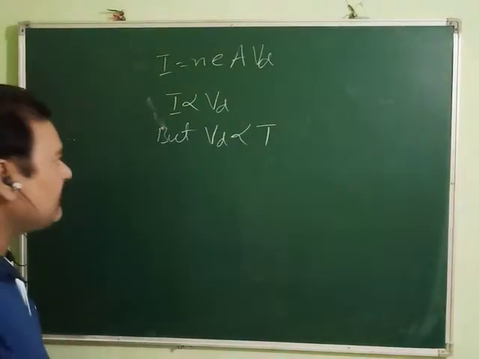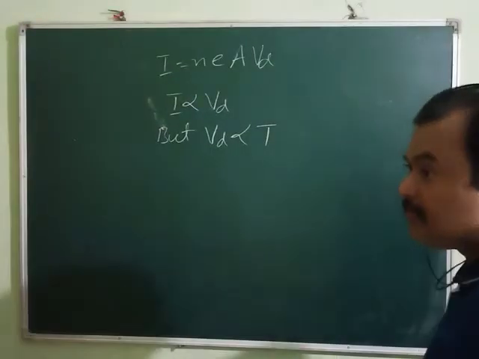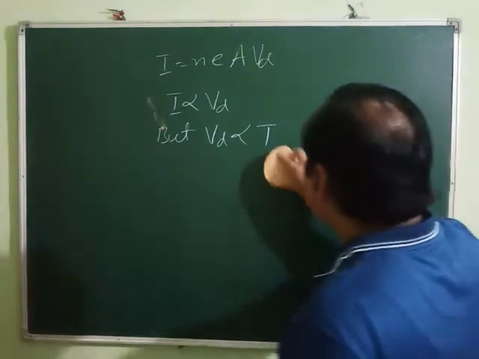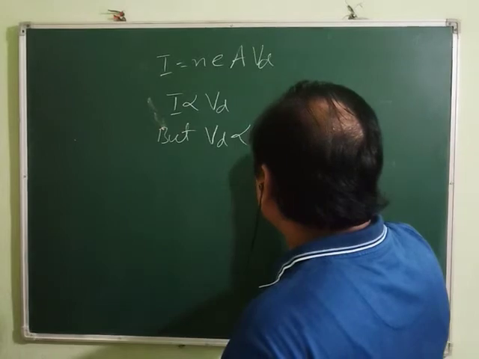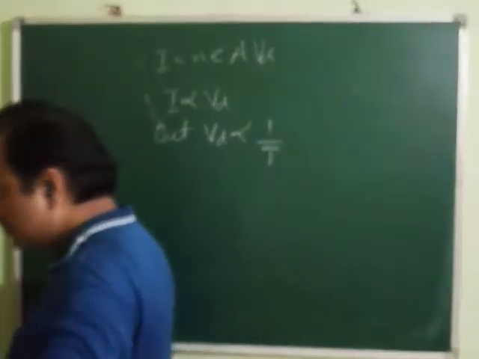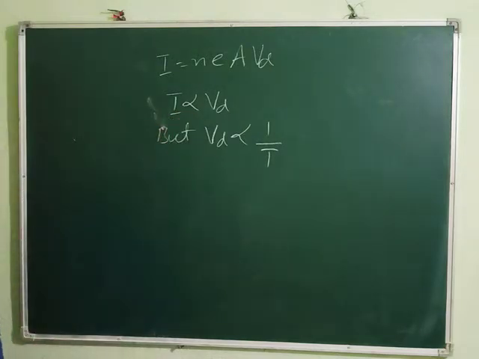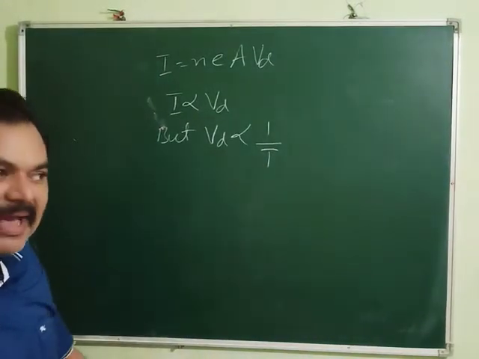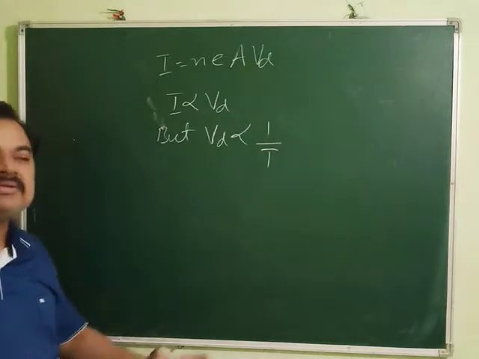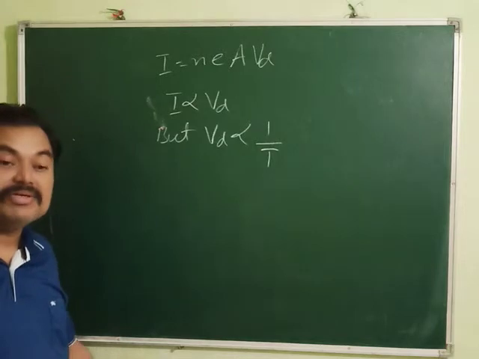If the temperature is more, then what will happen? You will find the number of collisions is more. When the collisions are more, there will be lesser drift velocity. When there is a lesser drift velocity, there will be lesser current. So in this way we can say the current is inversely proportional to the temperature. That means if the temperature is rising, the collisions will be more and the collisions will result in more resistance.